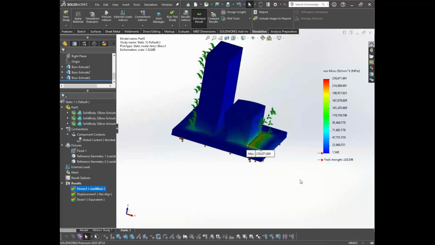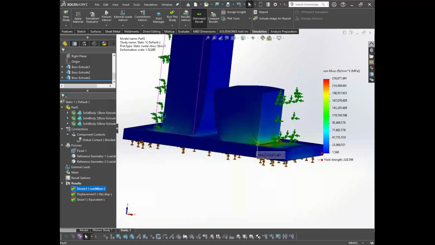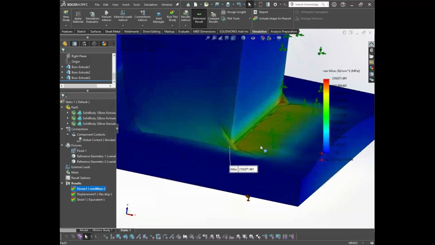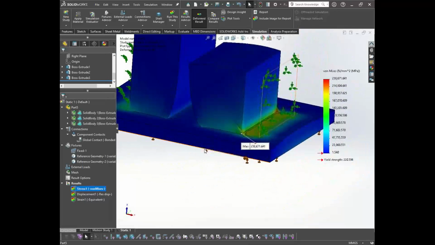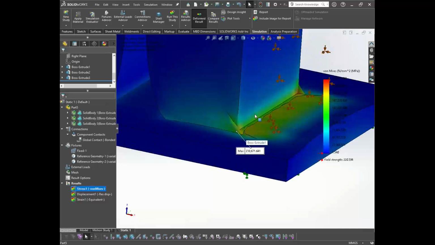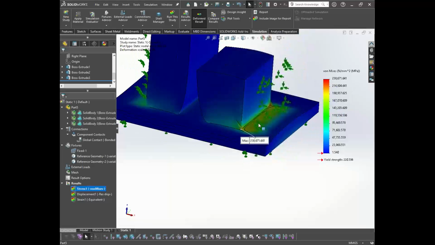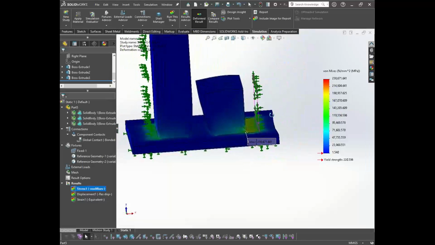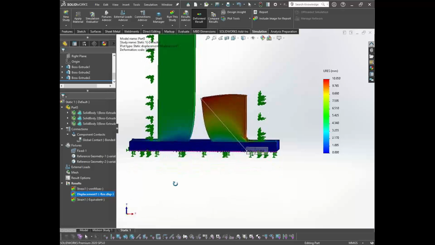So now you can see when I applied the global contact, see how the structure behaves due to this. Since I am telling it to move, but at the same time I have applied the global bonded contact, it is behaving like it is glued together, but still due to our boundary condition, it is trying to move ahead. So if I animate this,